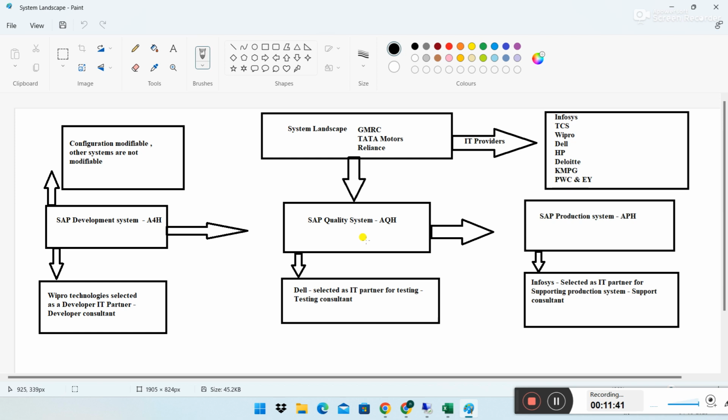Yes. That is the reason in IT also, whoever develops, the same company, the same team member should not be there in testing. We have taken the example of Reliance. Yeah, we have taken an example. Reliance is a